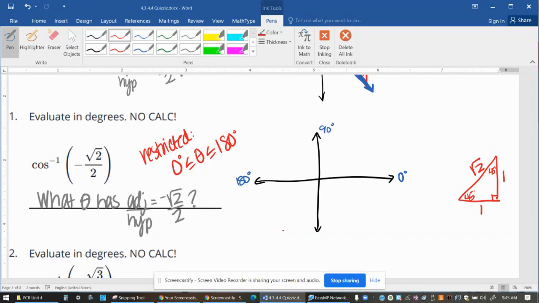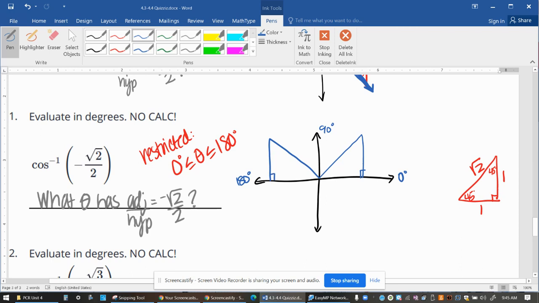Okay, in this problem, we are asked to find the cosine inverse of negative root 2 over 2. So in other words, what angle has a cosine, which is adjacent over hypotenuse, of negative root 2 over 2? Think back to the restrictions. Cosine inverse is restricted to quadrants 1 and 2, and the angle must be between 0 and 180 degrees. So your two possibilities are a triangle in quadrant 1 or quadrant 2, but because of the signs of my